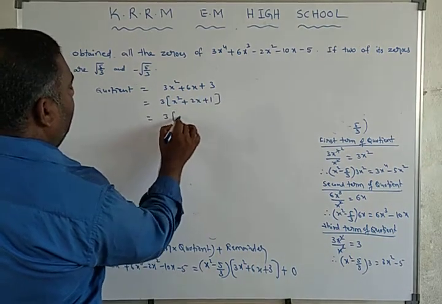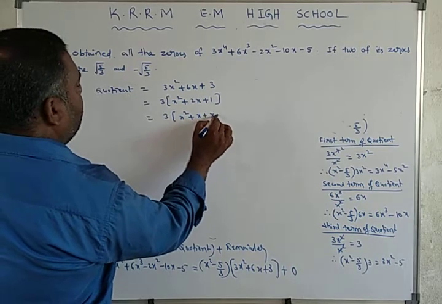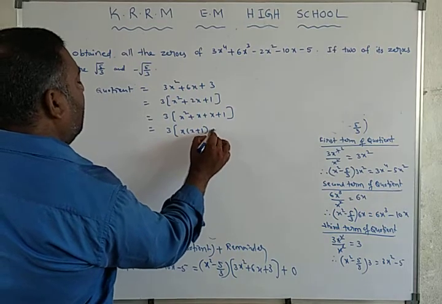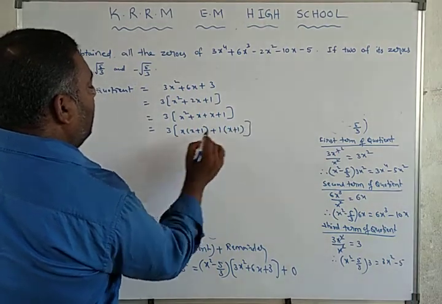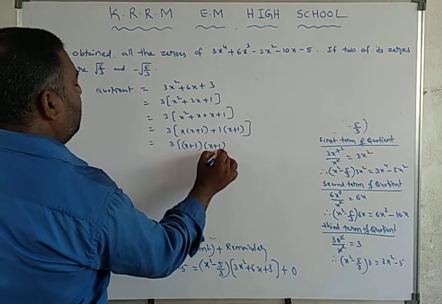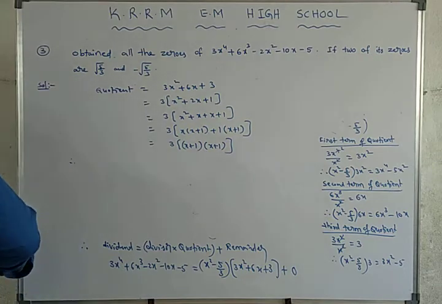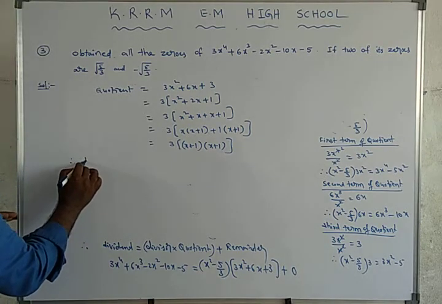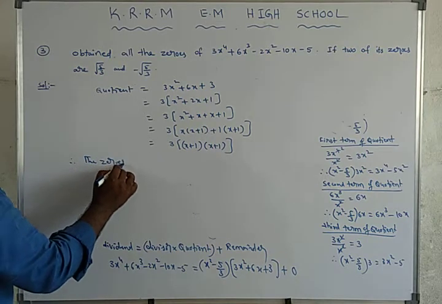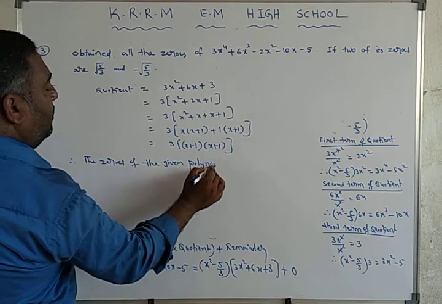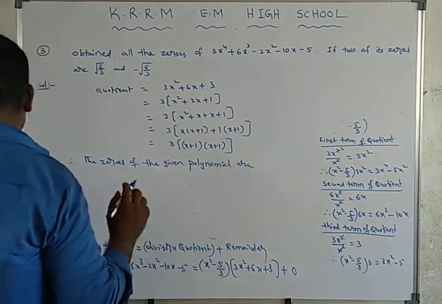Which is equal to 3 into, this can be written as x square plus x plus x plus 1. Which is equal to 3 into, by taking out x as common, x plus 1 as common, x plus 1. So which is equal to 3 into x plus 1 into x plus 1. Therefore the zeros of the given polynomial are,